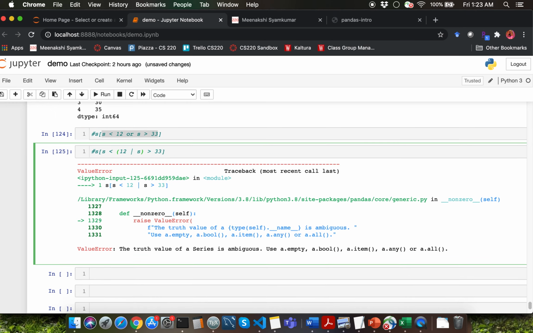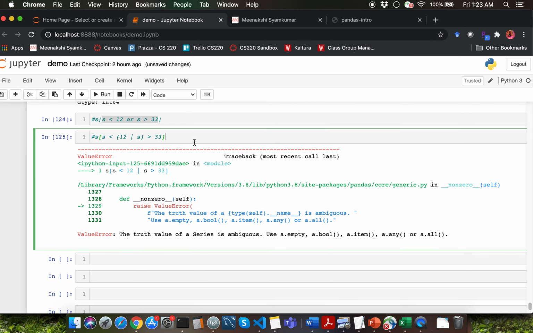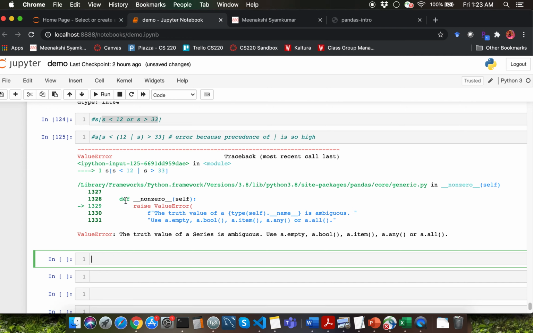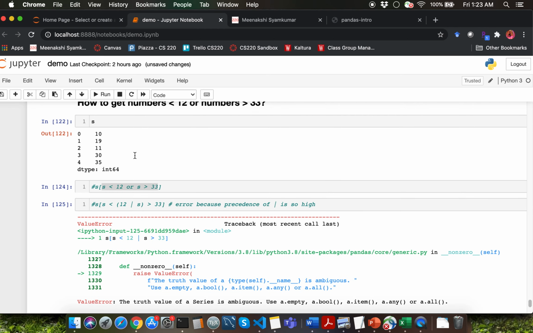That's not really what you meant, right? So this is an error because precedence of or is so high. So you need to use a lot of parentheses. So use a lot of parentheses when it comes to using Boolean operators within pandas series.